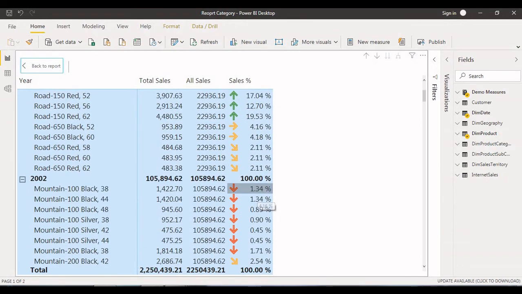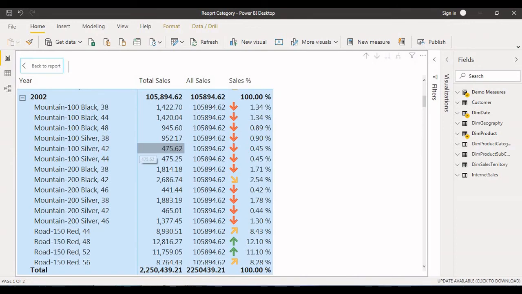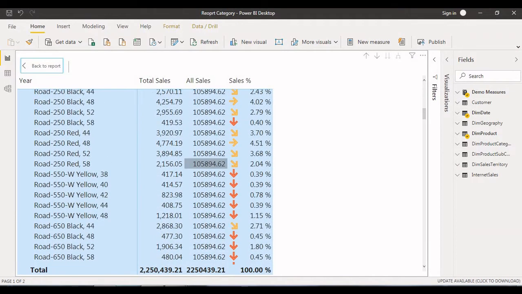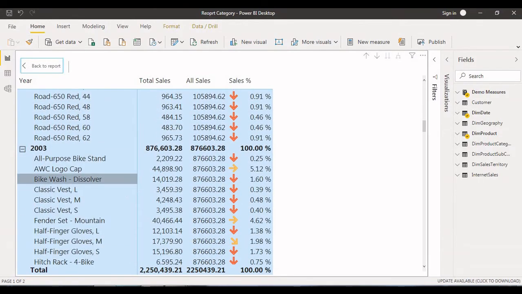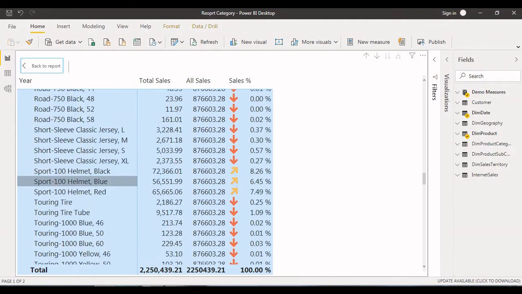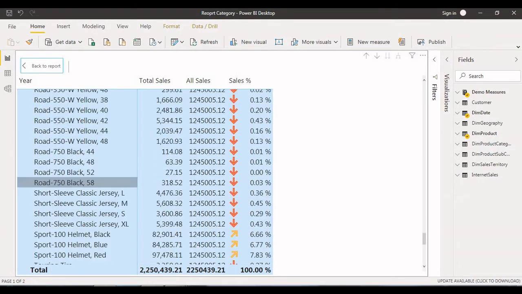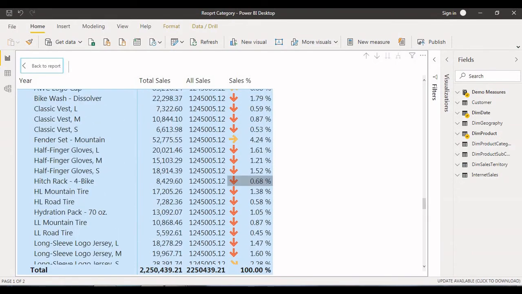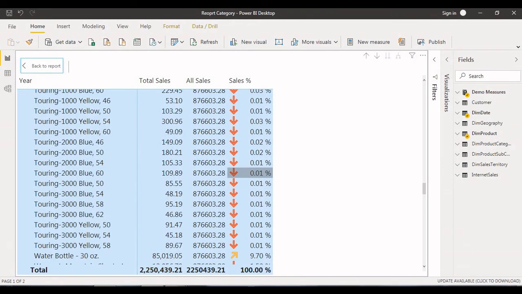Like that, we can understand the data and make decisions based on these numbers, seeing which product is doing well in which year. So easily we can analyze the data. Based on that, we can represent it with symbols. If the percentage is higher, it shows a different color and a different symbol.